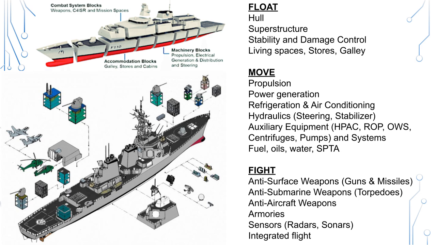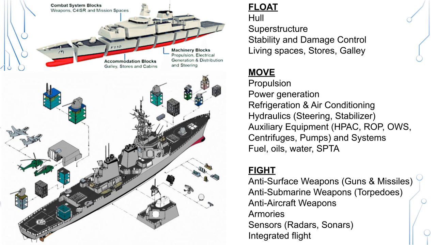The move component has propulsion systems that include the heat engines, whether gas turbine, steam or diesel engines, the shafting, reduction gear, propellers. Then the power generation gives the electrical power. There are multiple power generators for redundancy purposes. There is refrigeration and air conditioning, both for cool room space and human comfort and for maintaining the temperatures of electronic compartments. Hydraulics, steering systems to steer the ship, stabilizers to keep the platform stable for firing weapons. You have a plethora of auxiliary equipment like air compressors, which become the reserve energy on the ship.